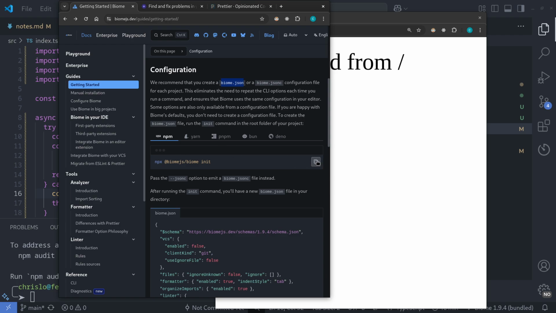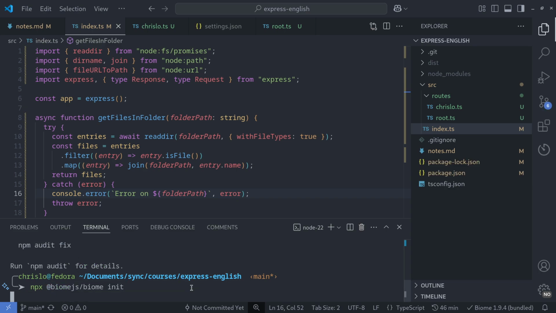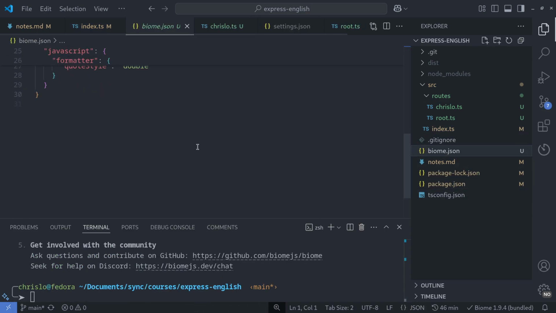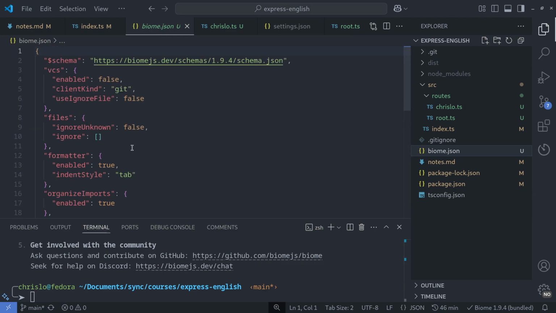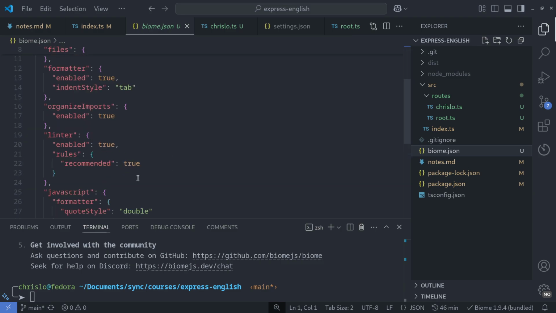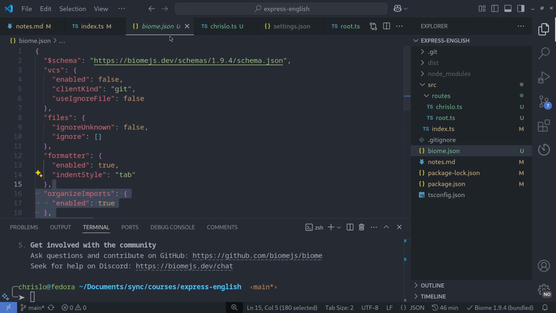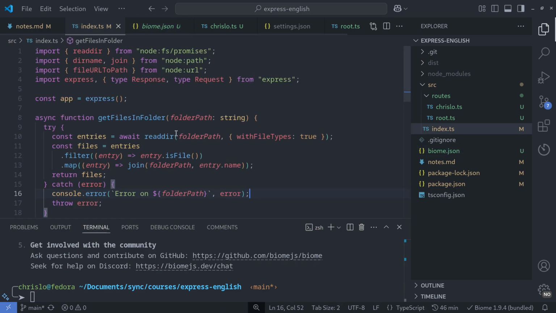So let's copy this command right there, and we have the biome.json. This is the default configuration, which is pretty nice. Don't worry, you don't need more than this. But of course, you can change this, and maybe if you don't like something, for example,